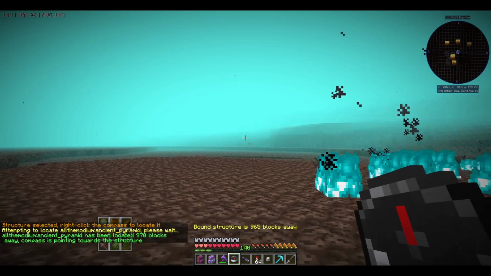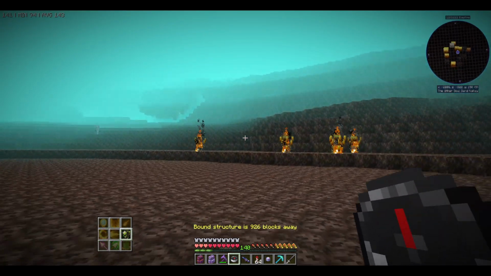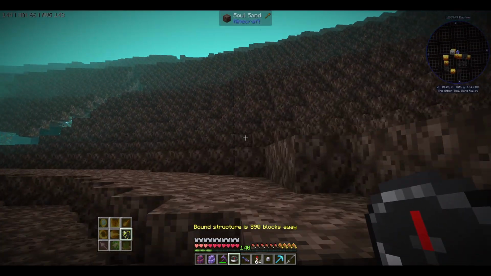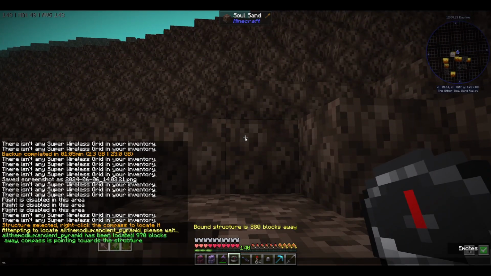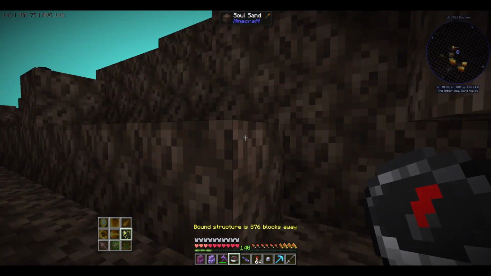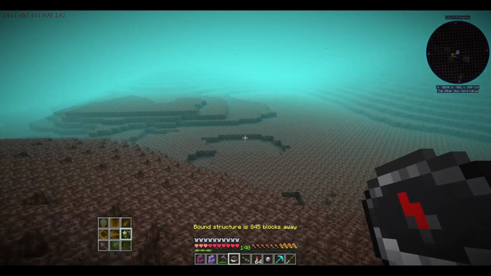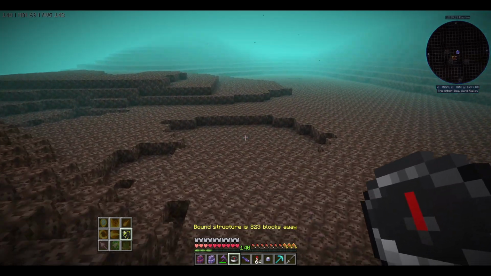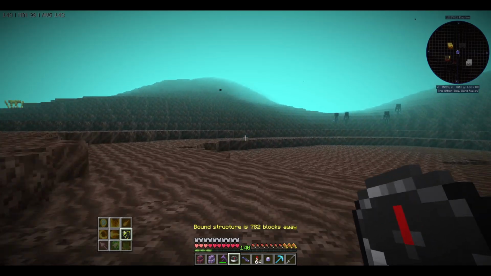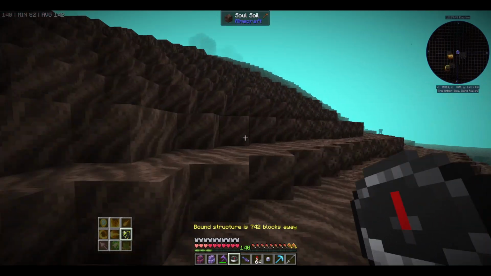Okay, so I ended up using the structure compass because I've been running around for ages now, and there's apparently a, what is it, a dungeon? Ancient pyramid is what we're going for. There's 3 different structures that Aldemodium generate. One is a piglin village, one is a dungeon, and one is an ancient pyramid. So I thought we'd go try to find the ancient pyramid, which is apparently another 700 odd blocks in this